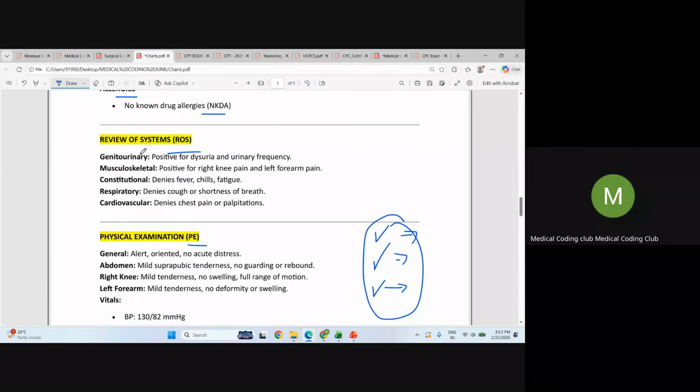Then review of systems. What are the systems that they are reviewing? Genitourinary, musculoskeletal, respiratory, cardiovascular, all the systems are reviewed. When you look into genitourinary, the doctor noted that the patient has positive dysuria and urinary frequency. And then musculoskeletal,